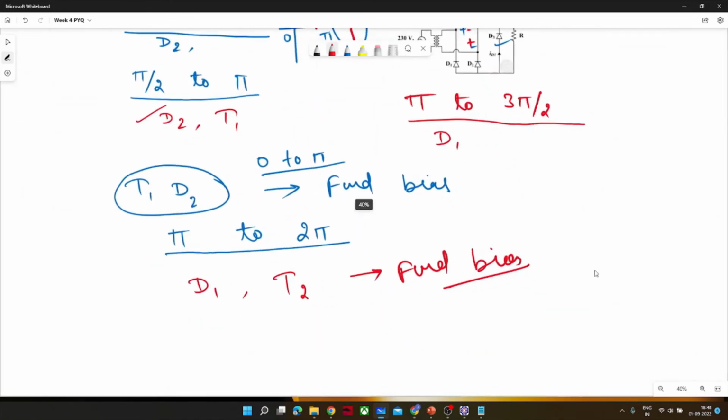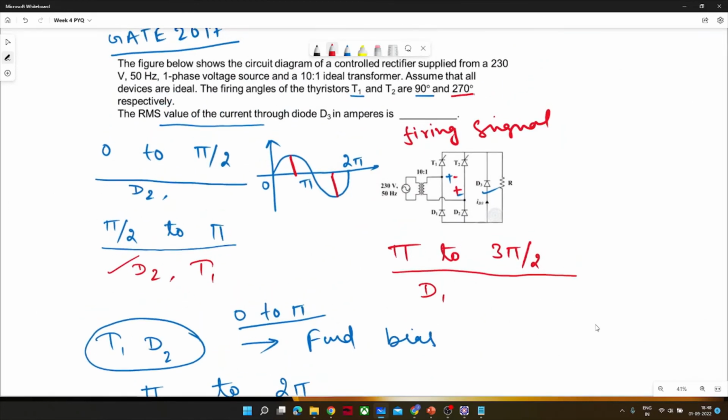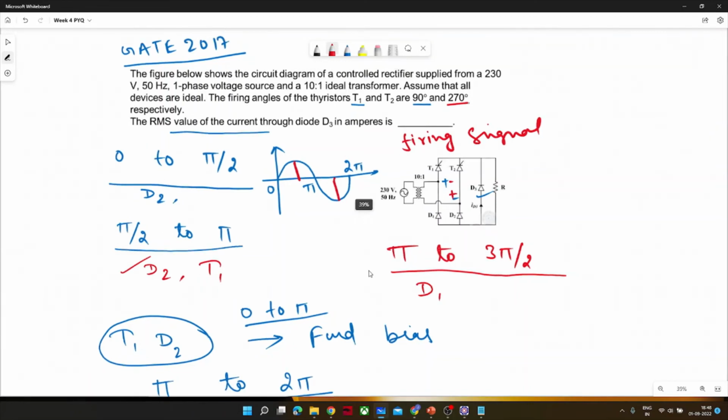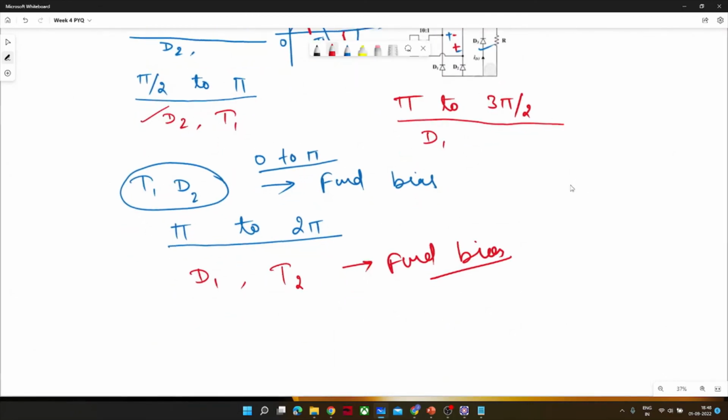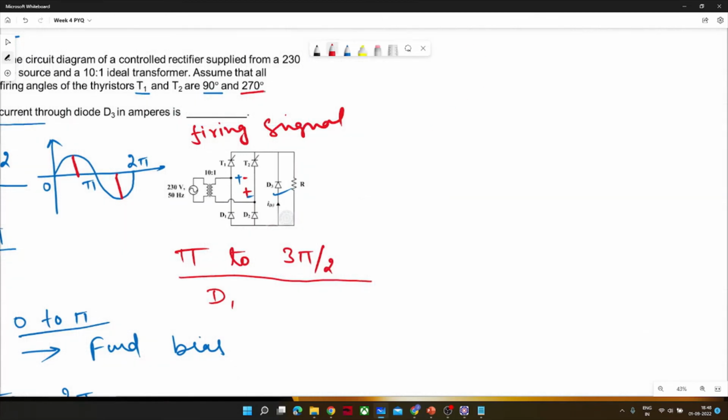Yeah, thanks. So now I will move ahead. I discussed till pi by 2 to pi. After pi, what will happen? Pi to 3 pi by 2. T1 was on till pi, but after pi,